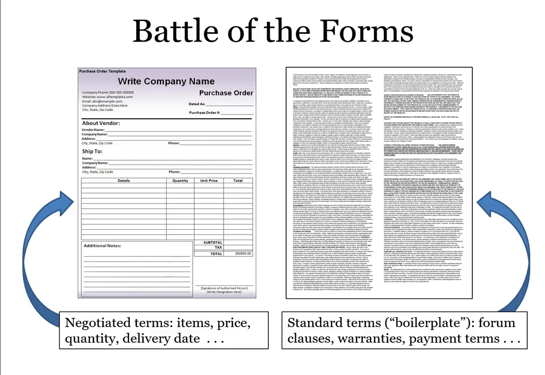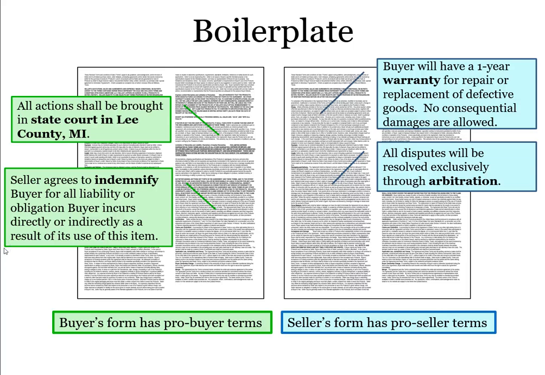If the seller were simply to accept or acknowledge the buyer's purchase order, then a contract would be formed on those terms. But that rarely happens. Instead, the seller generally responds with its own form, usually called a sales order or acknowledgement. The face of the acknowledgement, where the quantity, subject matter, and price are specified, will often correspond with the face of the purchase order. But the seller's acknowledgement typically will have its own boilerplate on the back, setting out pro-seller